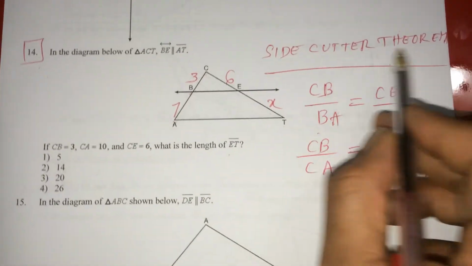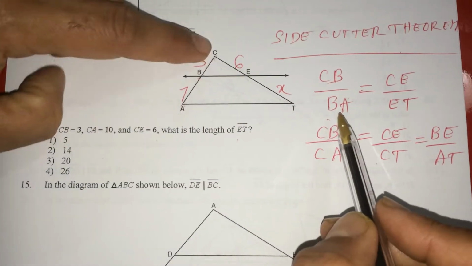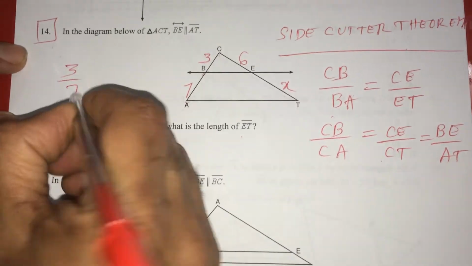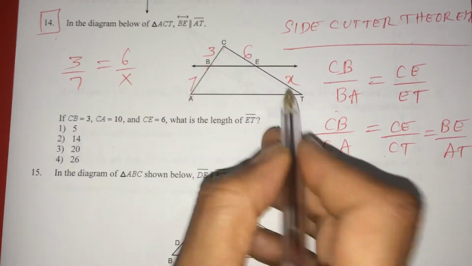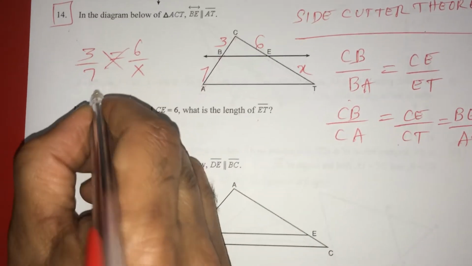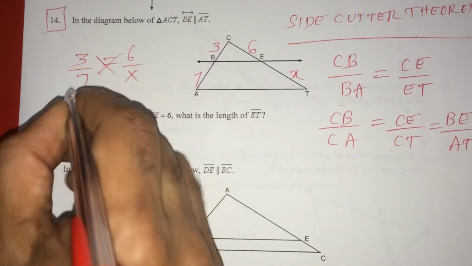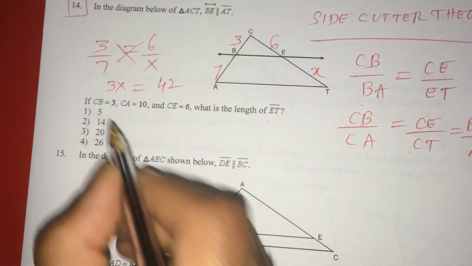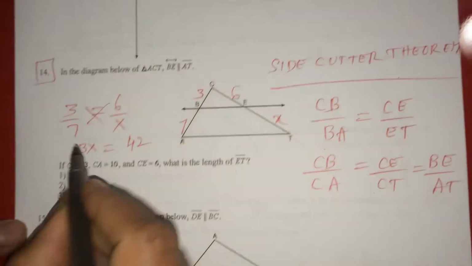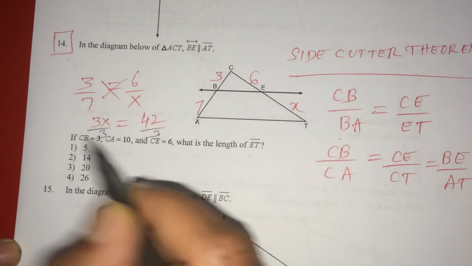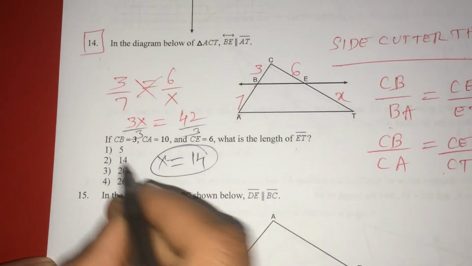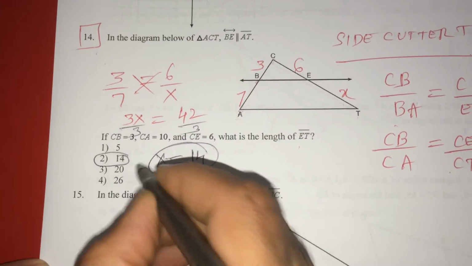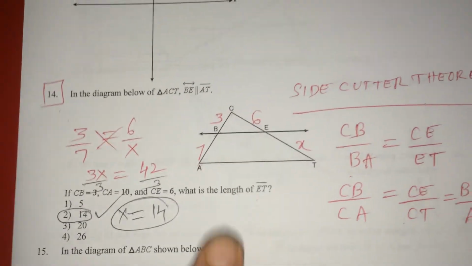Now according to side cutter theorem, CB over BA, that means 3 over 7 is equal to 6 over X, and I cross multiply, then I get 3X is equal to 6 sevens, which is 42. When I divide by 3 on both sides, I get X is equal to 14. So here the second one is the correct answer. So in this way you have to do. So please try the 15th,